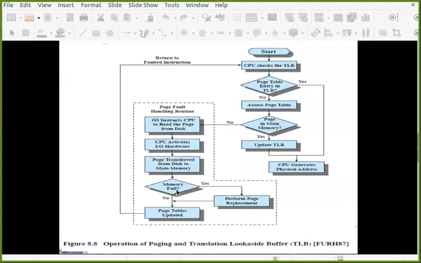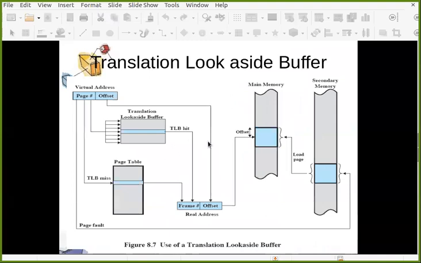Then you check if memory is full. If yes, then you need to perform some page replacement. Some of the pages will be swapped out, memory will be freed and the new page will be loaded. But if there is enough space, then in that particular frame, this page will be loaded and the page table will be updated. The CPU checks the TLB. The TLB will also be updated and again this process will be performed. So this is how the TLB cache can be used for translating the virtual address into a real address through different stages.